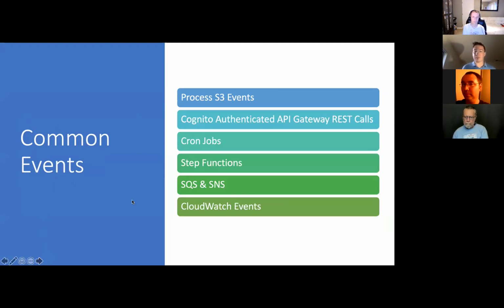There's a lot of event sources for AWS Lambda. You can do S3 events. So if somebody uploads a file to S3 with a certain prefix, like maybe you only want PDFs, or maybe you only want when you upload an HTML document to S3, you can take that as an event source, and then the event handler and the AWS Lambda function will trigger. You can parse the data, put it into a TMP directory, and then move it somewhere else.